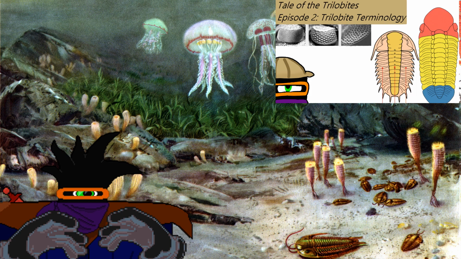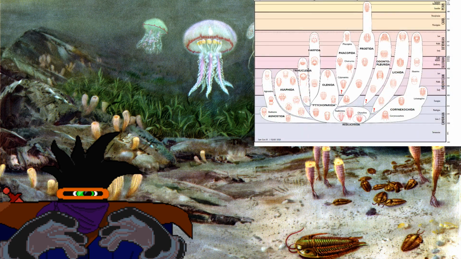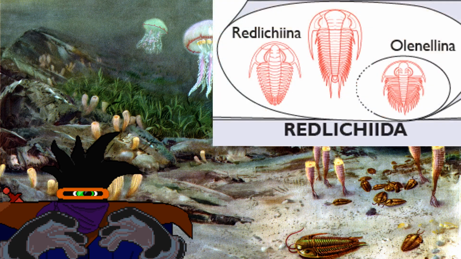This time, however, we shall be starting the coverage of the 11 orders of trilobites, discussing their place in trilobite evolution, their diversity, classification, ecology, and what may have happened to them. And of those 11 orders, we shall be starting with the Redlichida, the first of the trilobites. But what exactly were the first trilobites? That's kind of an interesting question that we're going to answer now.